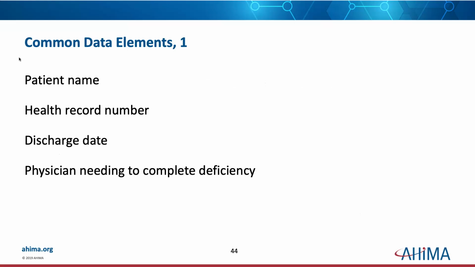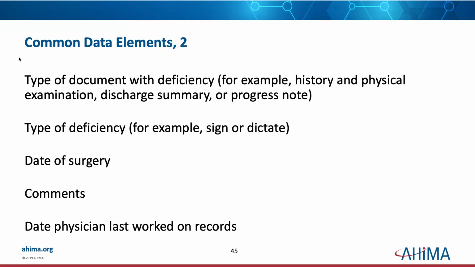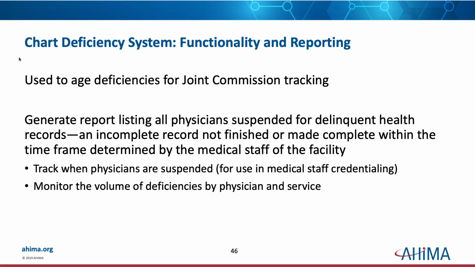So some common data elements that are captured by the chart completion system are patient name, health record number, and I would also argue account number, discharge date, the physician needing to complete the deficiency, what needs to be completed, the type of document, the type of deficiency, is there a date of surgery, comments, and the date the physician last worked on the records. You have to have the functionality of being able to track how the deficiencies age